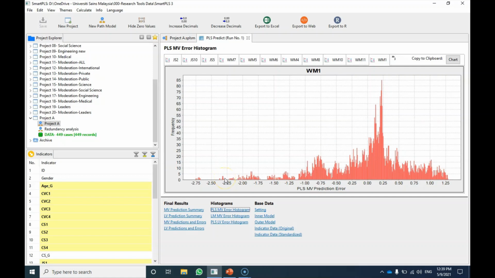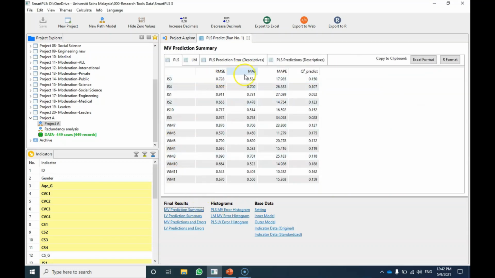So I have to make a decision whether I would like to consider MAE prediction errors or the RMSE prediction errors. And here, based on my visual inspection, I think that there is no symmetry here, and I have to focus on MAE prediction errors. Alright, now that I have made a decision about focusing on MAE values in my analysis, I just need to compare the MAE values for the items of work motivation based on PLS and also based